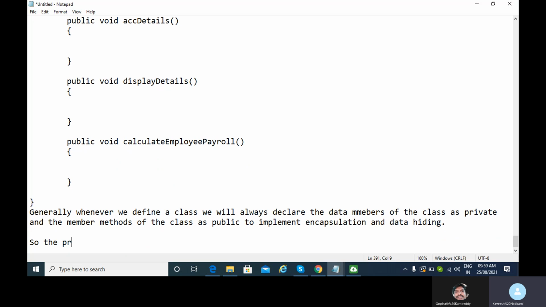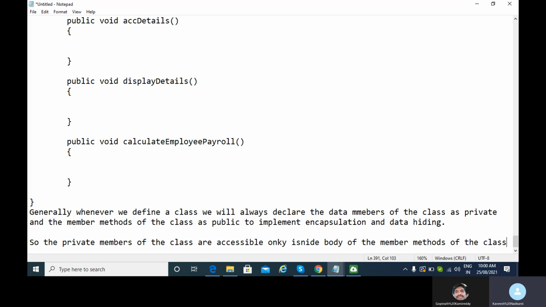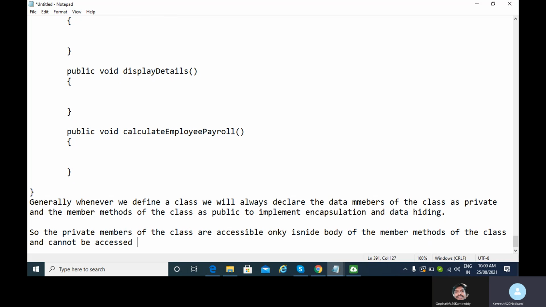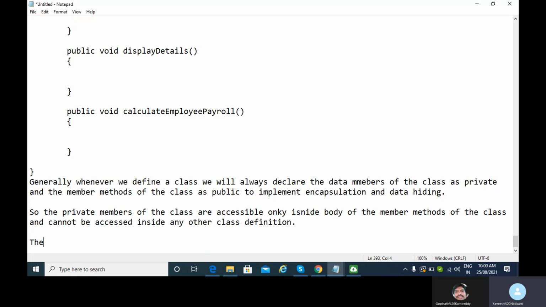So the private members of the class, as I told you, are accessible only inside the body of the member methods of the class, and cannot be accessed inside any other class definition. Clear? The public members of the class can be accessed anywhere in the program, inside any class definition of the Java program. Clear?